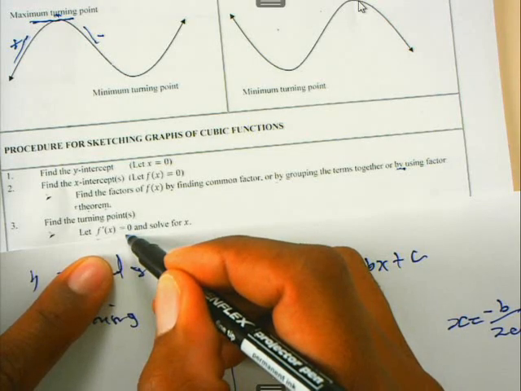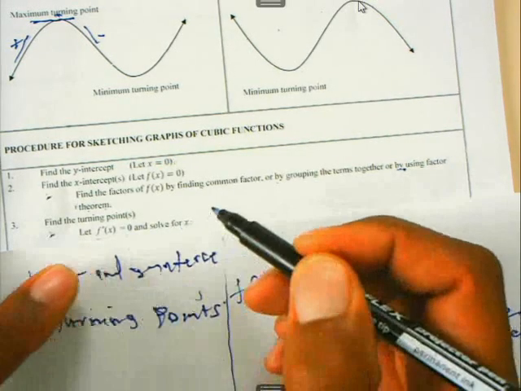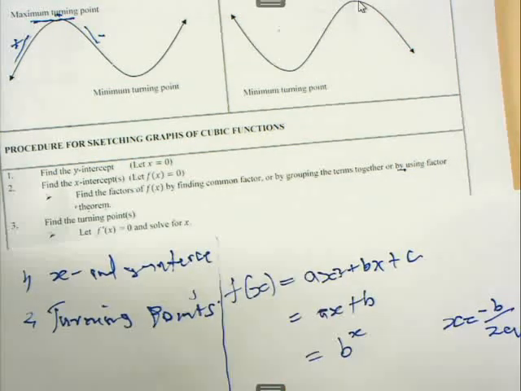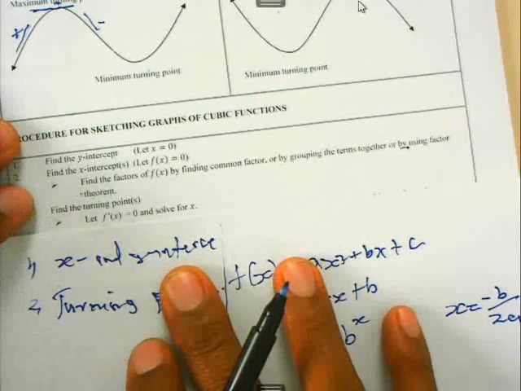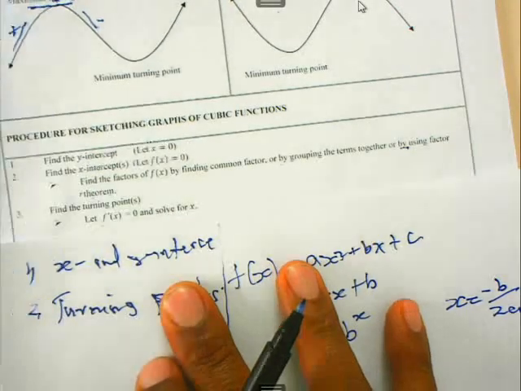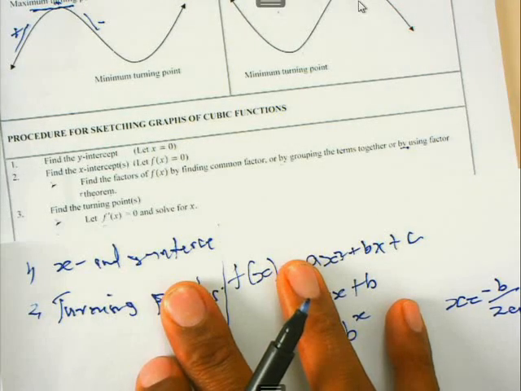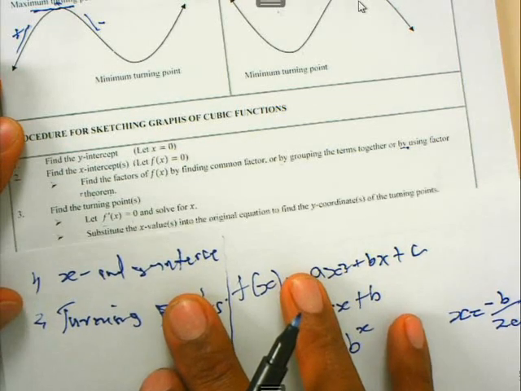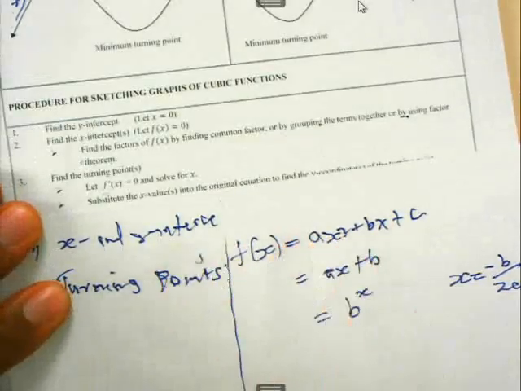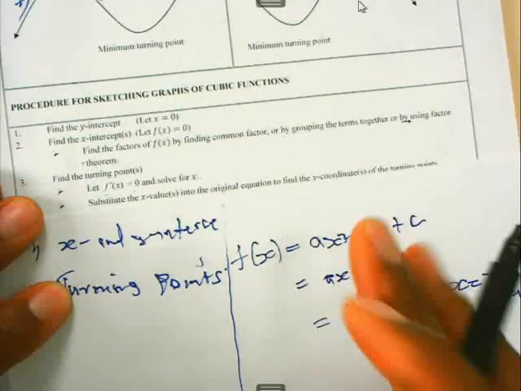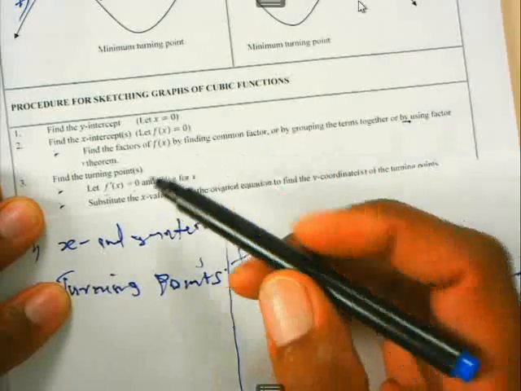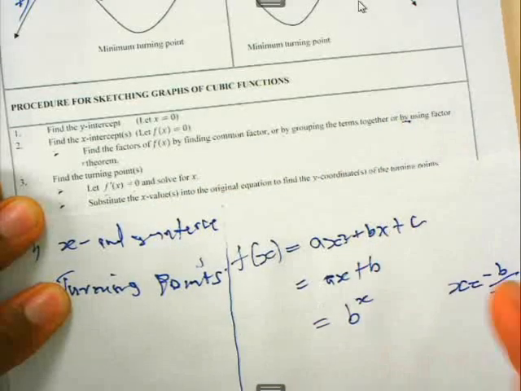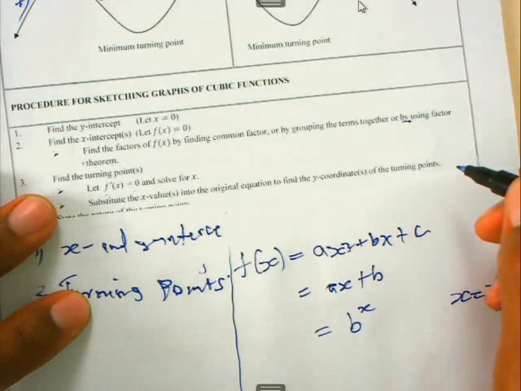Now, once you have let the derivative be 0, you can solve for x. Of course, you will have the values of x. x is equal to this and x is equal to that. There will be only 2 x values there. Now, once you have the x values, what are you going to do with those values? You substitute the x values into the original equation. It's very important. Substitute the x values into the original equation to find the y coordinates of the turning points,